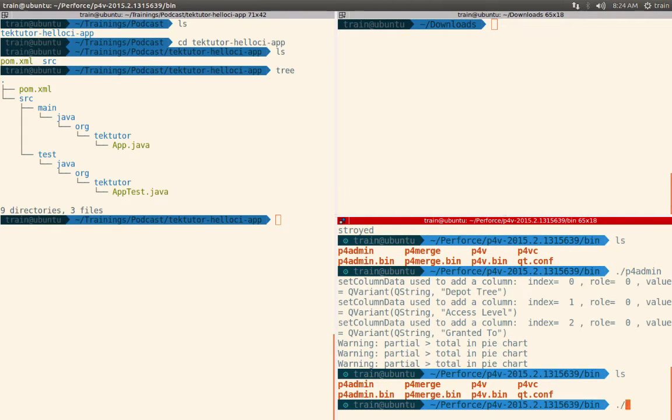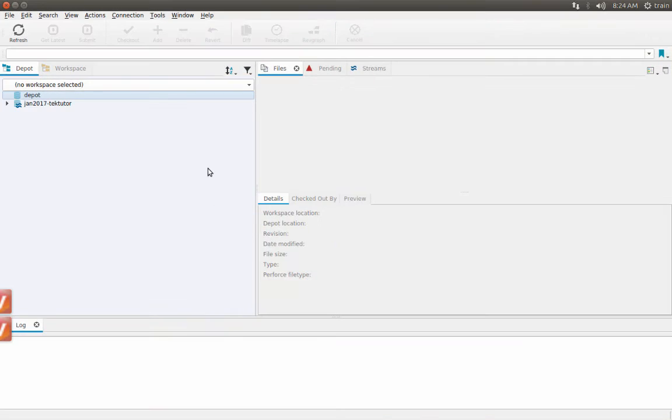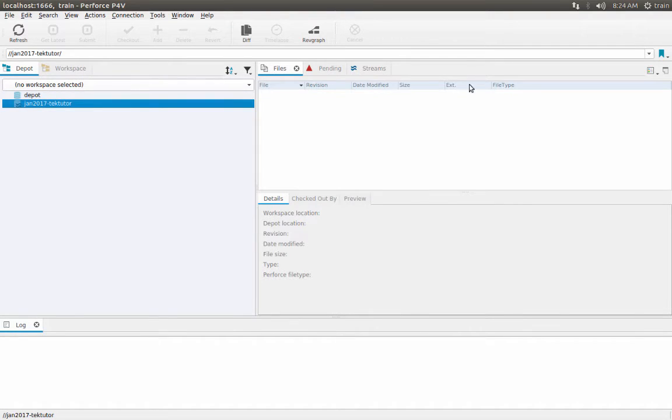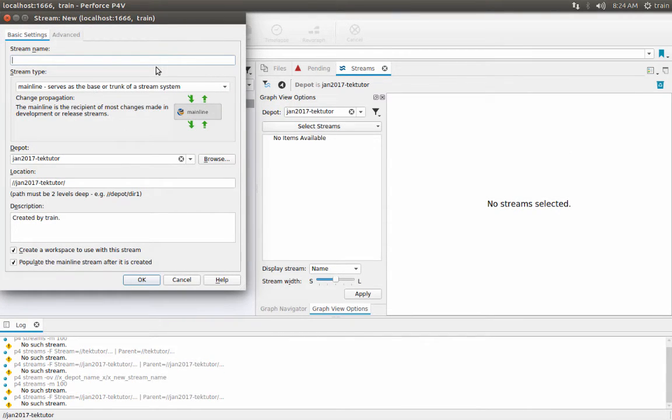Now let's start with the P4V visual client, right? So P4V visual client, yeah, let's launch it. Yeah, so now we can see that there is this depot that supports stream. Okay, so we're good. Now I'm going to switch to this streams tab. Make sure that this particular depot is selected, and this is the area where you can see some visual representation. So this is called the stream graph, and I'm going to create a new stream for the Hello World